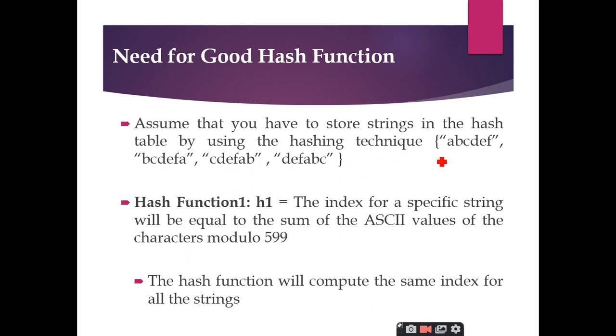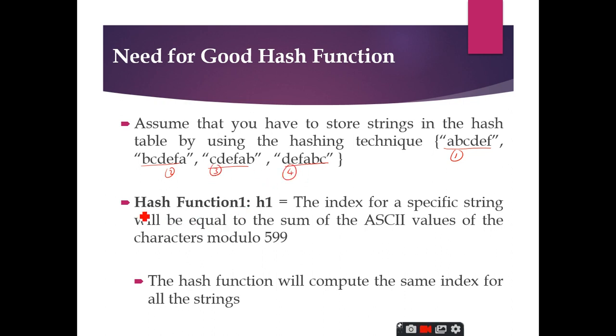So let us take four values. I'm taking these four strings: ABCDEF, BCDEFA, CDEFAB, and DEFABC. I want to store these strings. Let me assume that there are many strings inside this set of values. There are a lot of strings inside this set, but for my example I am considering only four values. It's not keys, don't get confused, right? So ABCDEF, and all these four strings I am taking. This is the first one, this is the second one, this is the third one, and this is the fourth one.